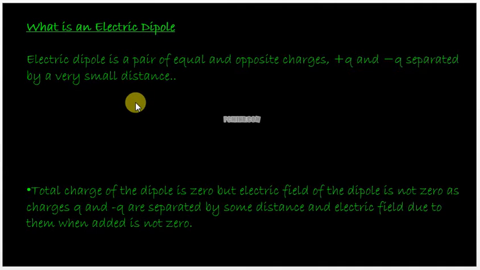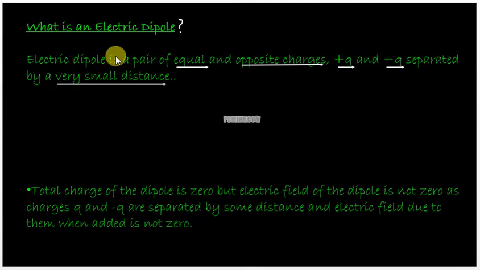And in this video, we are going to learn about an electric dipole. Now, what is an electric dipole? So again, as the name suggests, dipole means two poles. Therefore, an electric dipole is nothing but a pair of equal and opposite charges. So it consists of two poles, obviously. One is a positive and the other is a negative pole. So we have a plus q charge and minus q charge separated by a very small distance. Therefore, an electric dipole is a pair of equal and opposite charges, plus q and minus q, separated by a